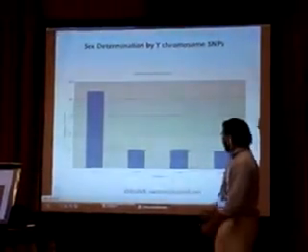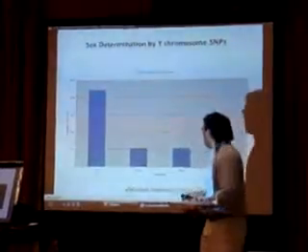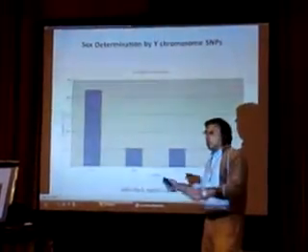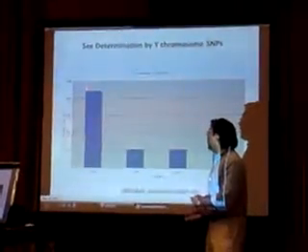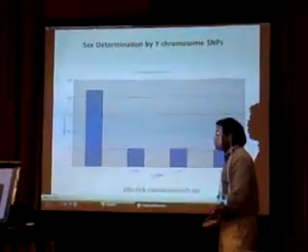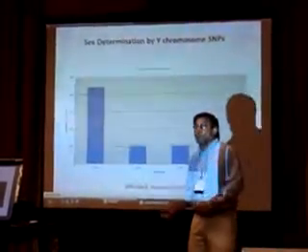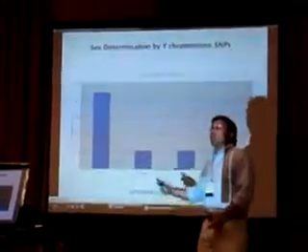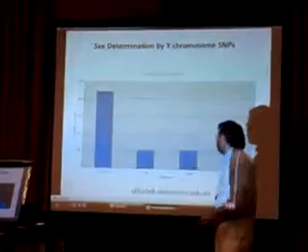And for example, I simply take out the fetal DNA from the mother's womb and compare the Y chromosome SNPs. So we find that the SNPs found in the father are far higher than in the mother, and in the true child, the SNPs are comparable to those found in the mother. So we can directly say that the child which is to be born is going to be female. So you don't need to do